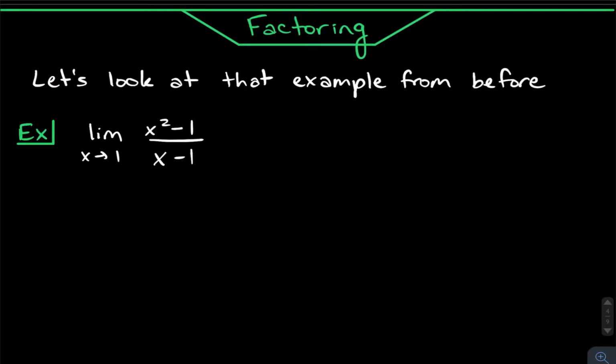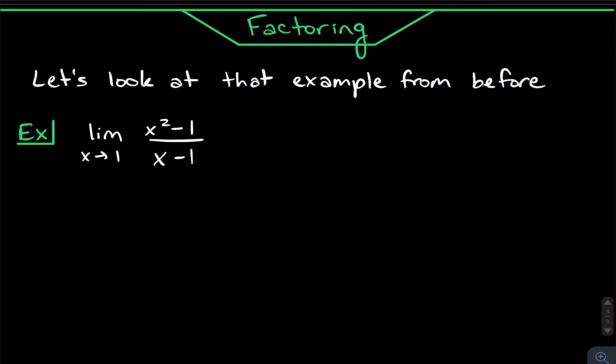Let's talk about that first method, which is factoring. So let's look at that example from before. You see that we have the limit as x approaches 1 of x squared minus 1 all over x minus 1. Now, how do you deal with this? Well, again, I was talking about factoring here, and this is a difference of perfect squares,